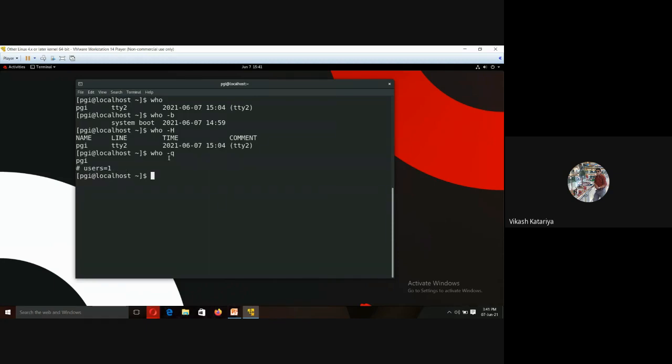So if you want to count how many users are connected and using the Linux server, by putting the -q parameter you can get the detail. And similarly, who -u will show the same detail.